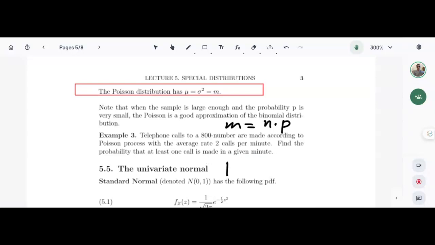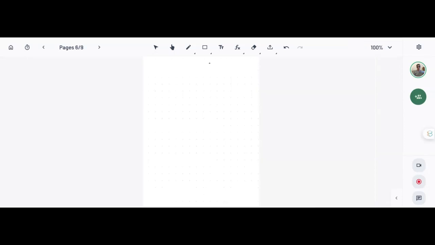So you say the probability that x is equal to... you see, here we have to use a trick. At least one call is made in a given minute. It is the complement. We are going to use the rule of complements. It's the complement of having 0 calls in a given minute, isn't it? So therefore, we're going to use that complementation rule. Maybe I should start a new page. So basically,